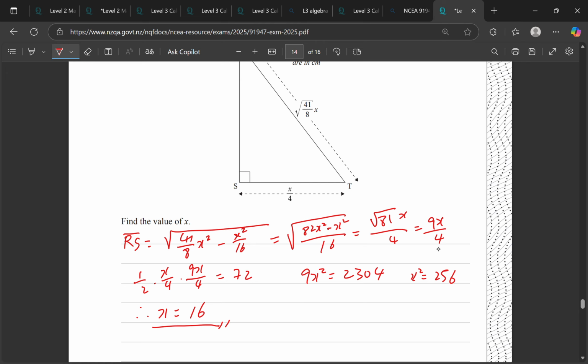16 centimeters. Okay, so we have to say centimeters. All right, that's the